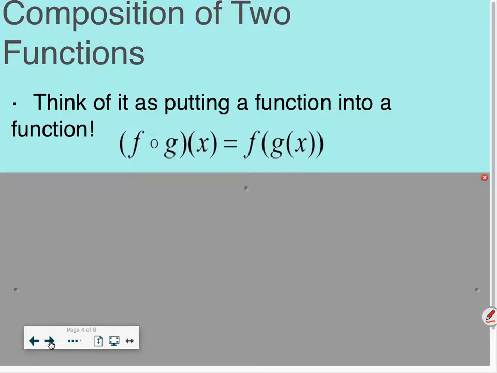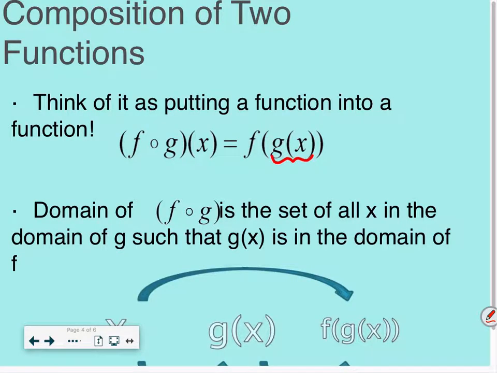Now the algebra, we still have to work out a little bit, okay? But we're also going to talk about the domain of a composition function, okay? And what happens is we have to consider whatever is on the inside, we need to think about its domain. And then we're going to plug it into F and consider what that domain is. And then see where those two overlap, okay? So I have kind of a picture here that you can see. And when I scroll up,